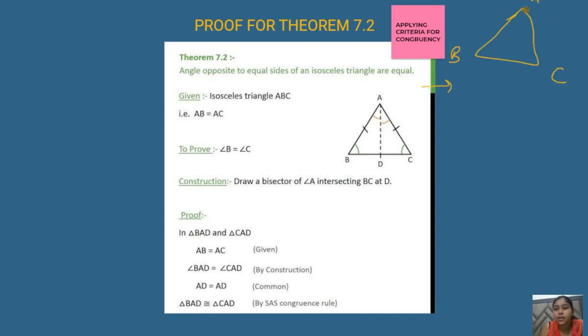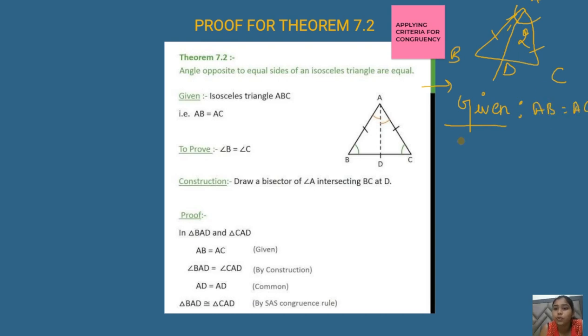Basically there is some construction, as I told you in lines and angles, that to solve a question we can do any construction. So this is the bisector of angle A. Let this be angle 1 and this be angle 2. Since this is an isosceles triangle, both of these sides are equal. I told you in the earlier chapters that to solve geometry questions, you have to write the given term. Given term is AB equals to AC, right?